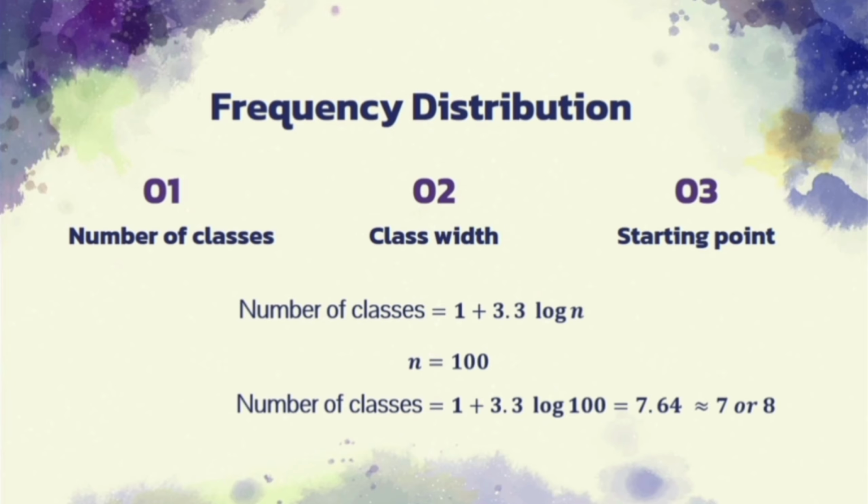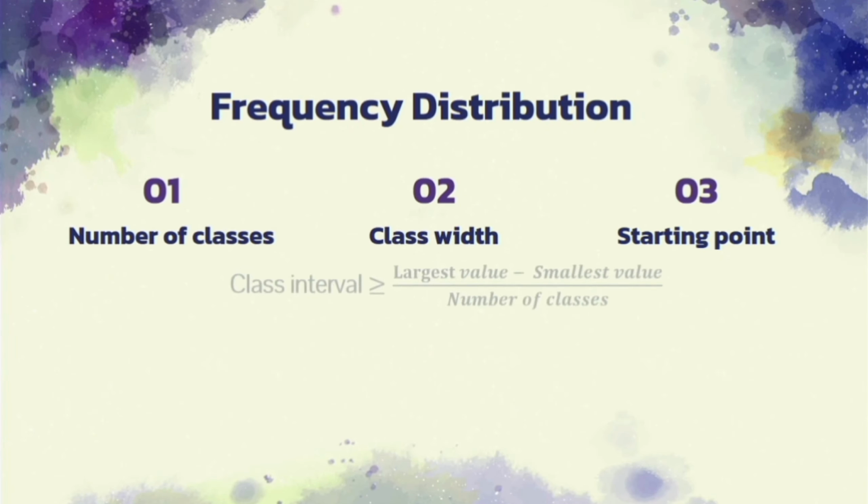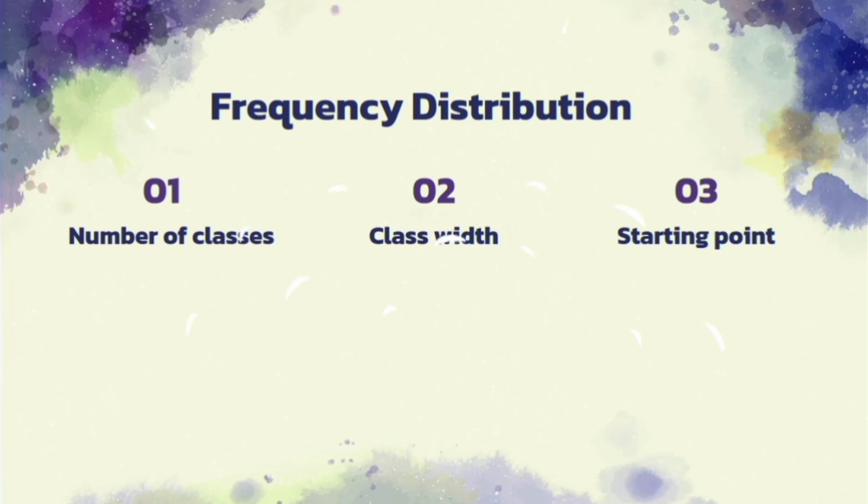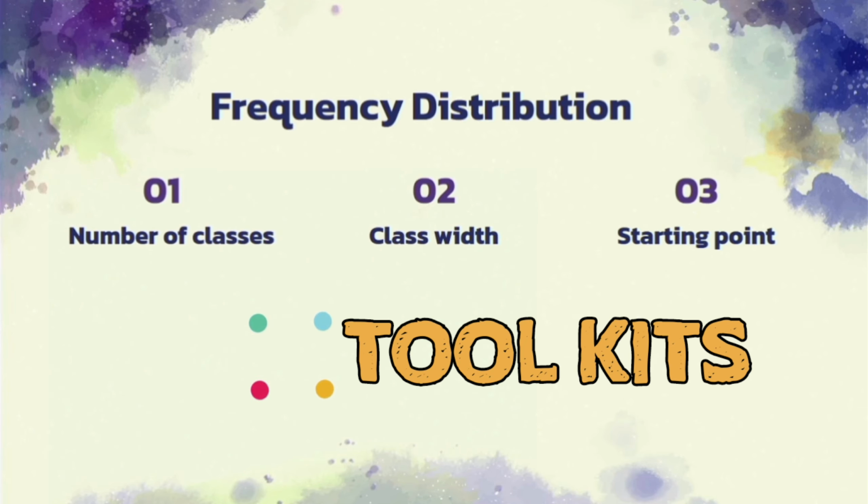upon the situation. If the desired number of classes is known, the appropriate width can be determined by this expression. Again, we prefer the convenient value. As far as the starting point is concerned, normally we start with the smallest observation in our dataset. Actually, our ultimate goal is to cover all observations in the data in the desired number of classes with equal width. For this purpose, if we have to increase or reduce one of the classes, we can do it.